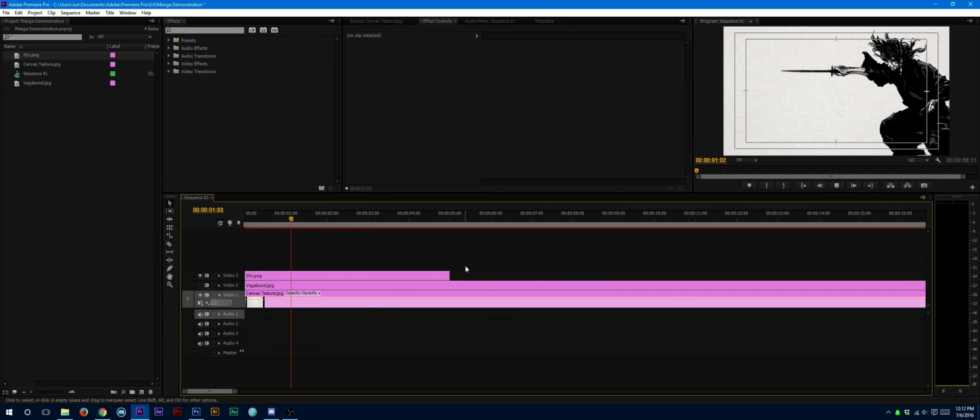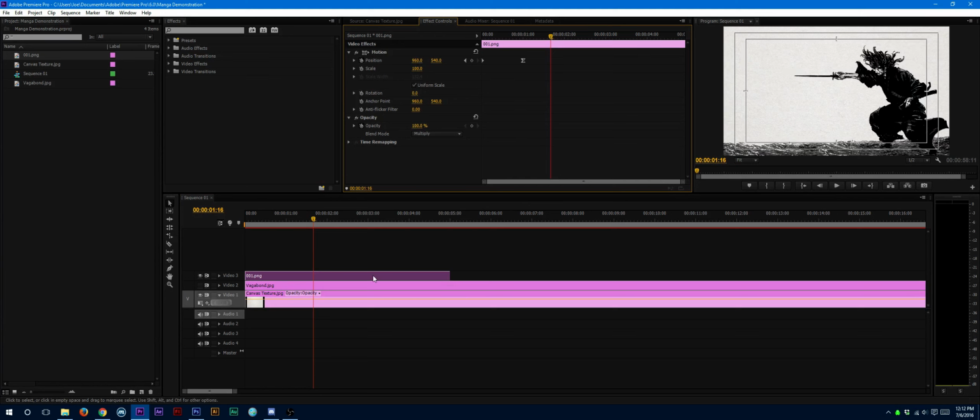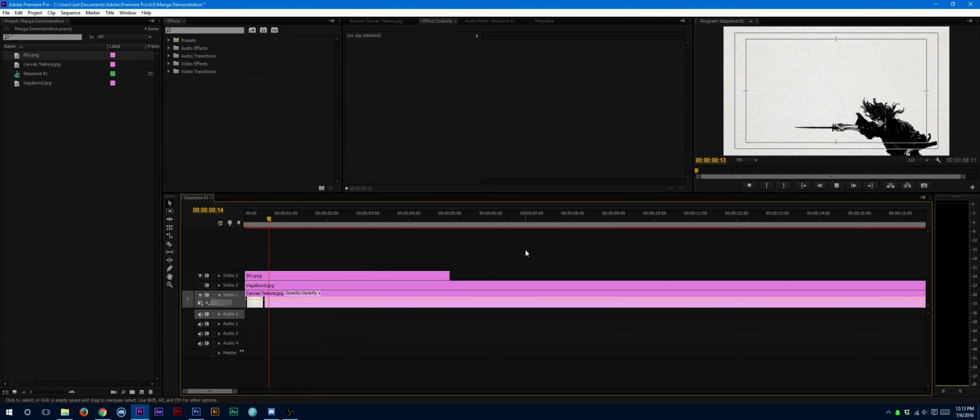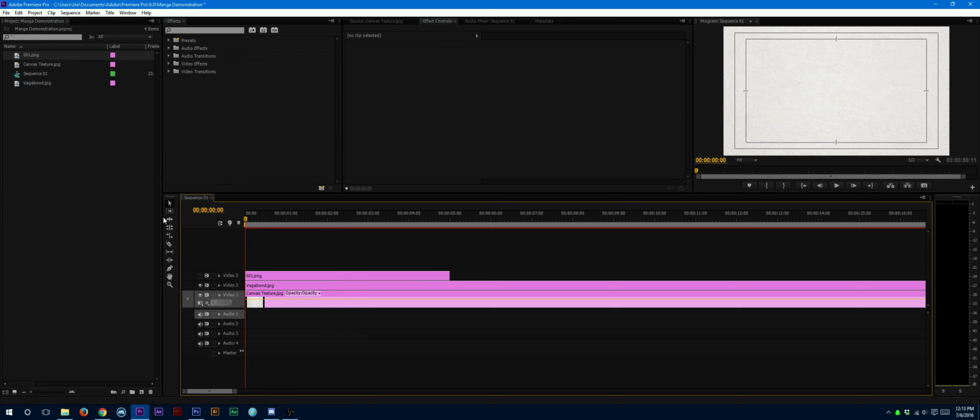Oops. I brought that over. So now we've got that one there. Okay, so this is a little bit better, I think, because it doesn't look like it's so blatantly come